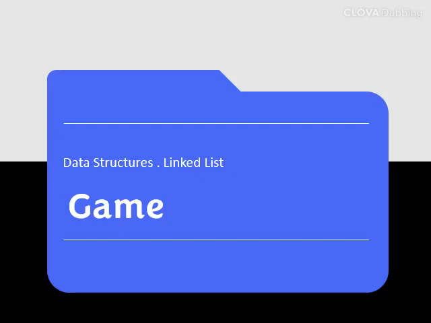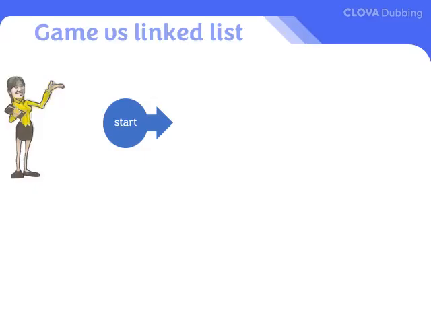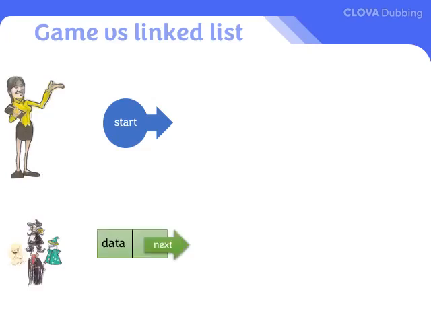Now, I will explain how to play the game in the next class. In this game, the lecturer becomes a variable called start pointing to the first node, and the students become one node each and are inserted into and deleted from the singly linked list. The students will have cards that represent data throughout the game.